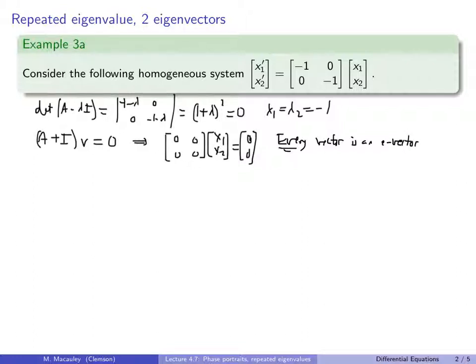Now we don't actually need this. All we need are two vectors. So we need to find an x1 and an x2 to get the general solution. So let's just pick two. Let's take v1 to be 1, 0, and let's take v2 to be 0, 1, because why would we want to pick vectors that are harder than we need? And now the general solution